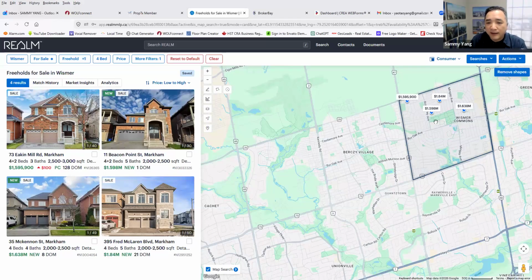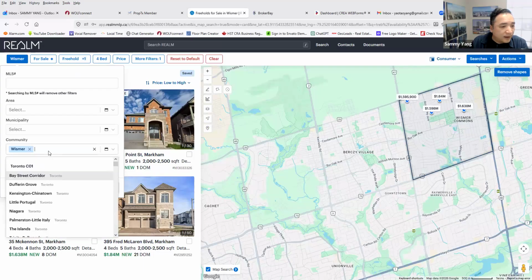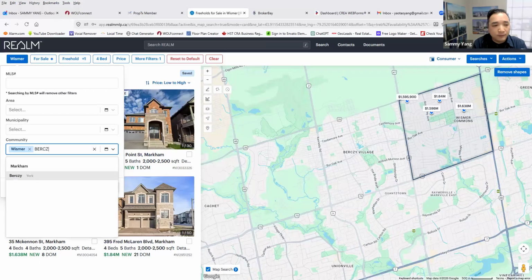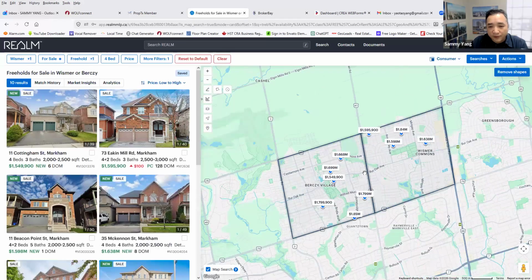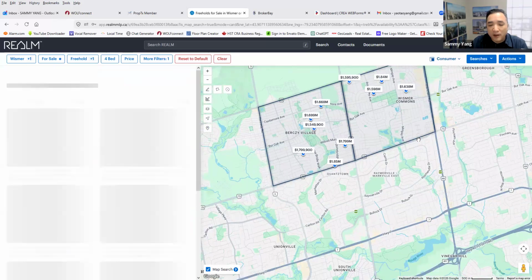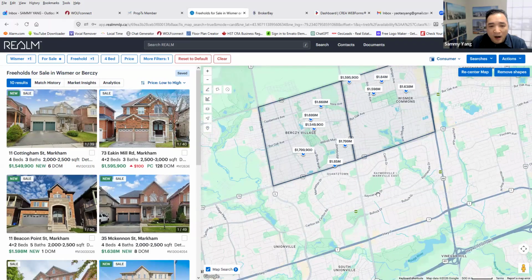It's not only one area. Maybe you can choose another one. Let's see. Not only Wismer, maybe Berczy, just close. So it's 2 areas. You can do more areas, more communities. Or